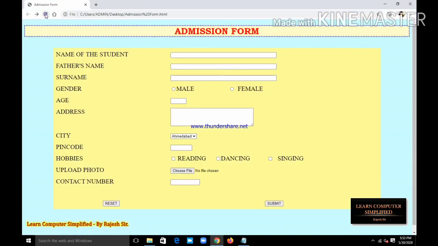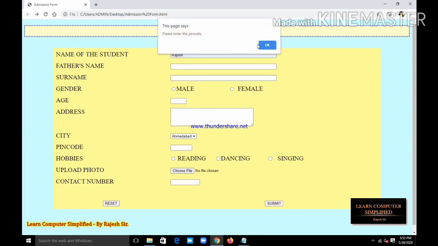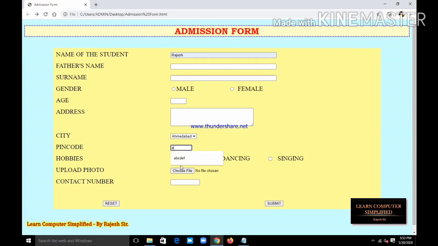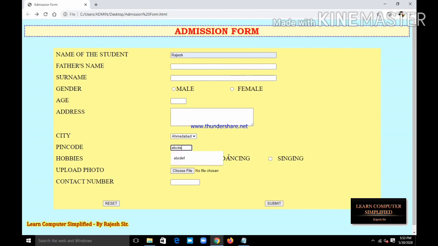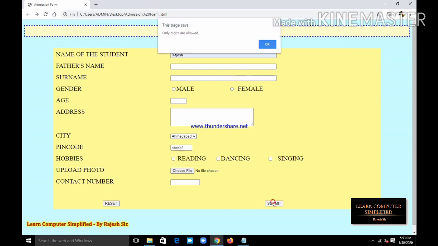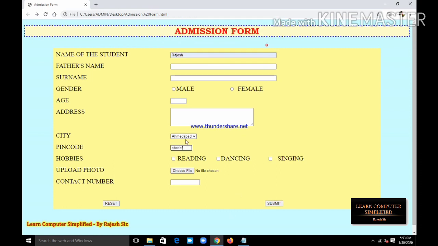Refresh it, submit. Please enter the pin code. Now suppose ABC, please enter 6-digit pin code. Suppose DEF, only digits are allowed. So it will not accept alphabets, I have to write only digits here.